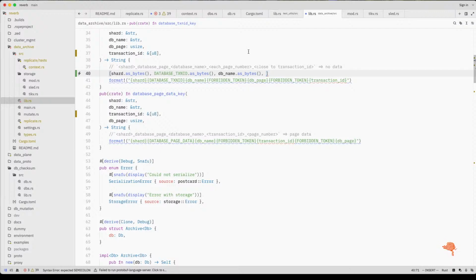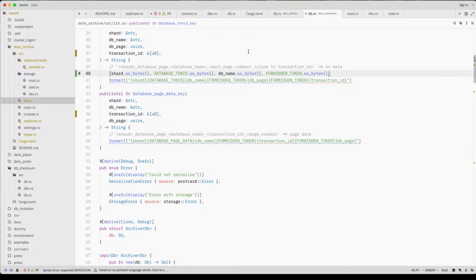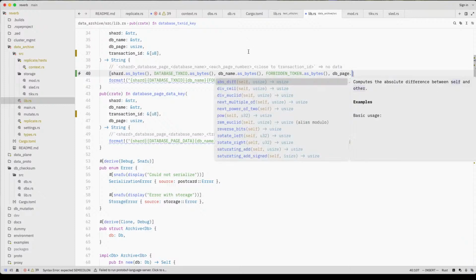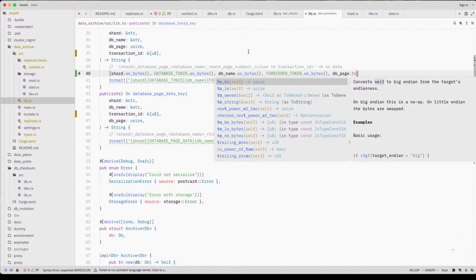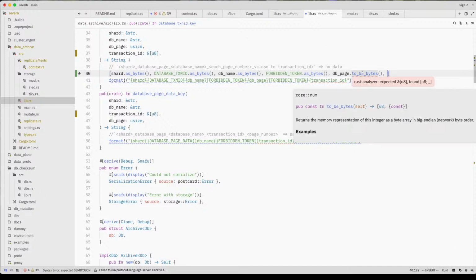Now we need forbidden token. DB page. 2 BE bytes. Expect, yeah. So that's